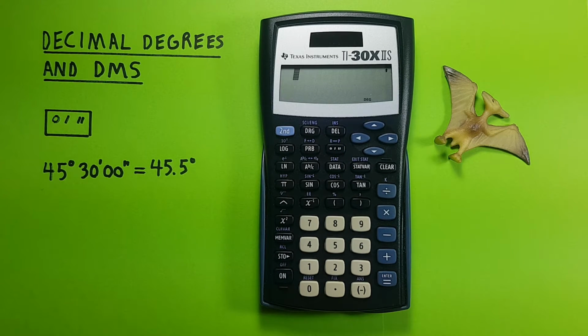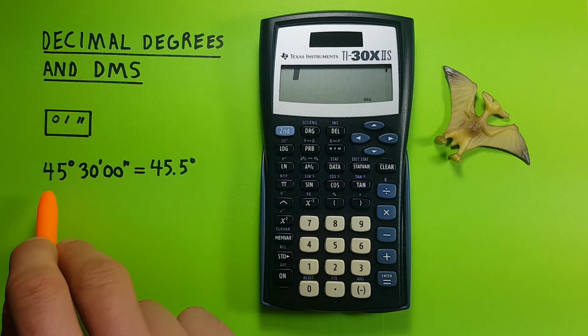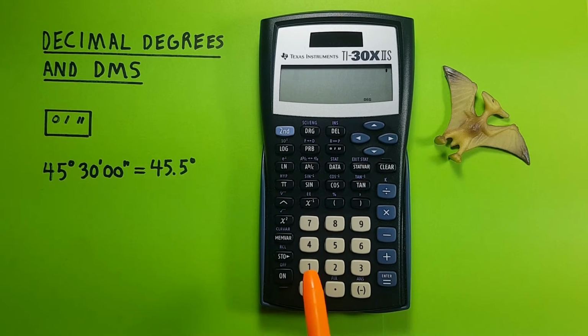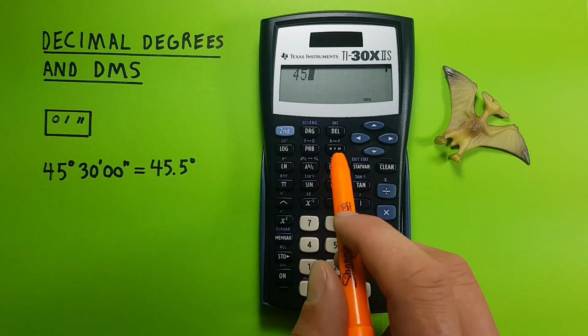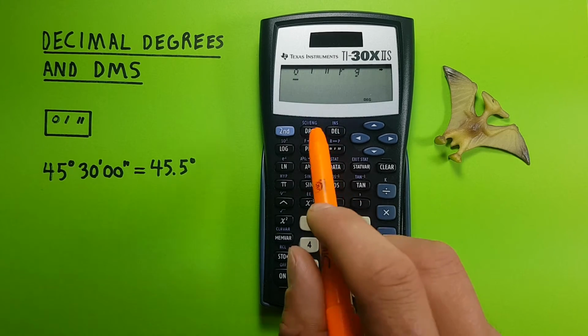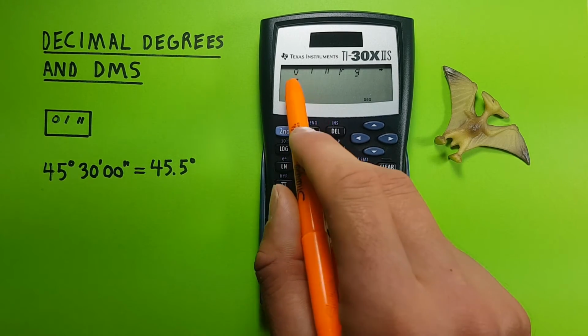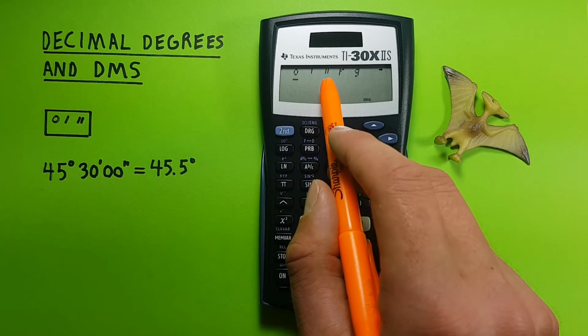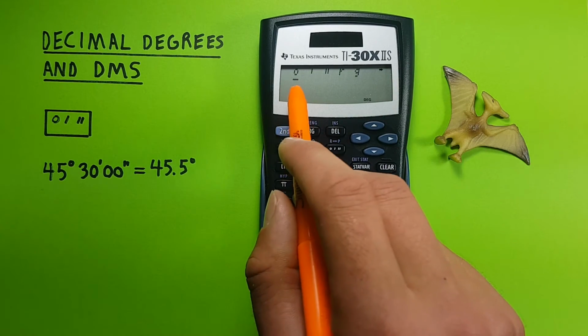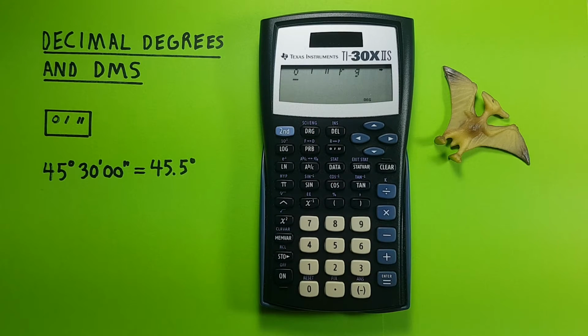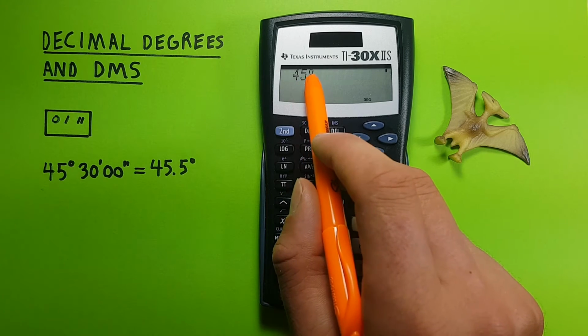Alright, let's say we have 45 degrees, 30 minutes, and 0 seconds that we want to convert to decimal degrees, say to use in a trigonometric equation. To do that, we would start by entering the degrees, so 45, and then press the degree minute seconds key, which brings up this menu. Here we have degrees, minutes, seconds, as well as some other options, but we only want to worry about these three right now. So we highlight the degrees and hit enter,